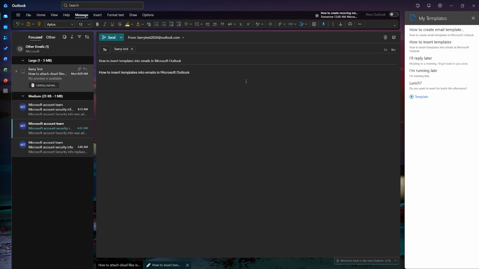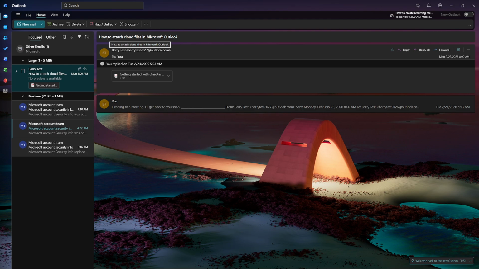The content is immediately inserted into your email. It appears right where your cursor sits in the message body, so if you want it at the top or beneath something you've already typed, just place the cursor there first. If you click the same template more than once,